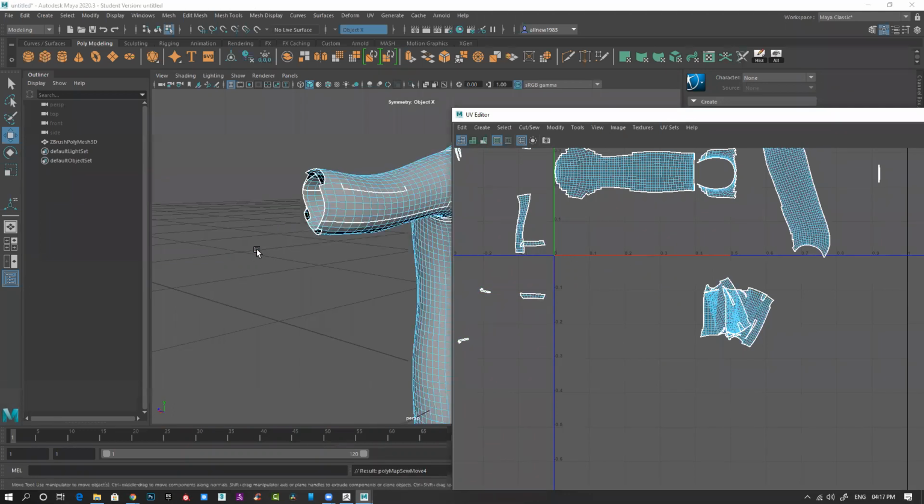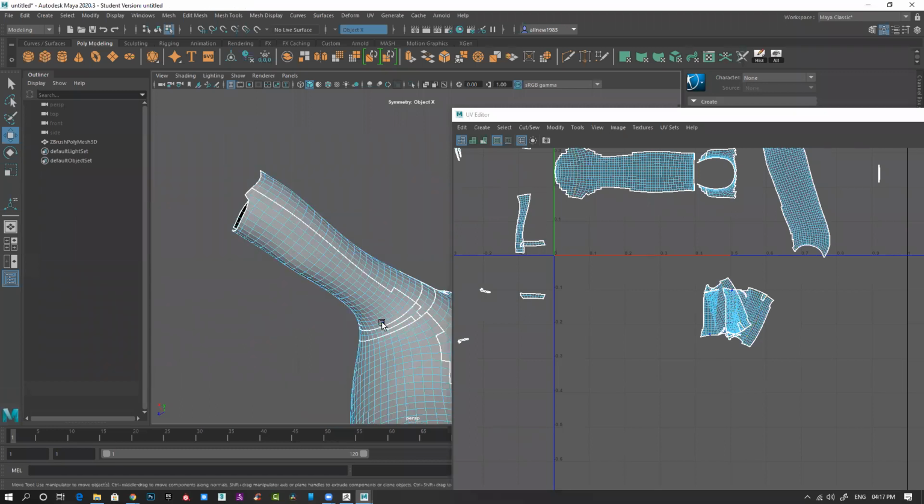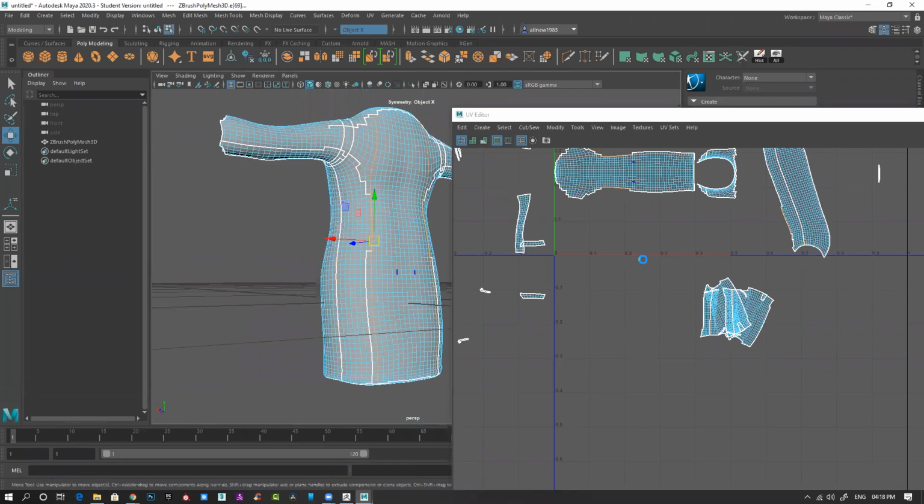I always try to keep the seam wherever it's less visible, down there, and give the seam wherever it's obvious you have a stitch or something like that.